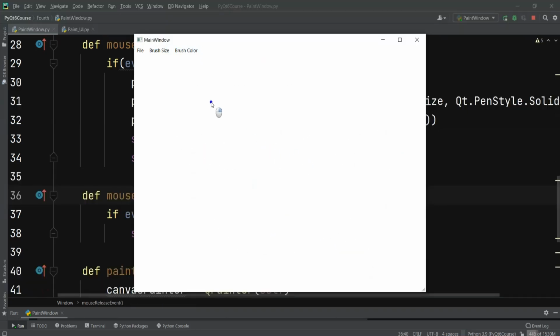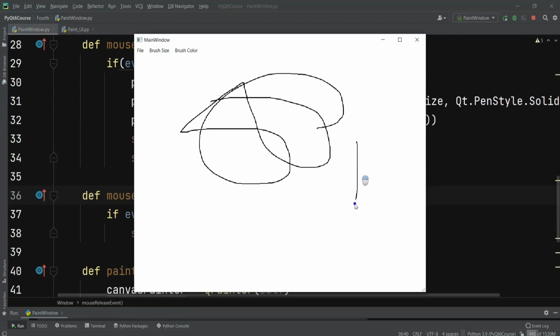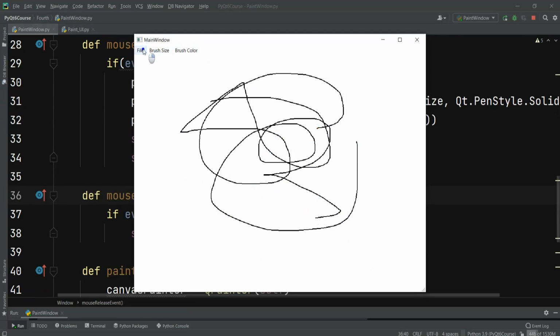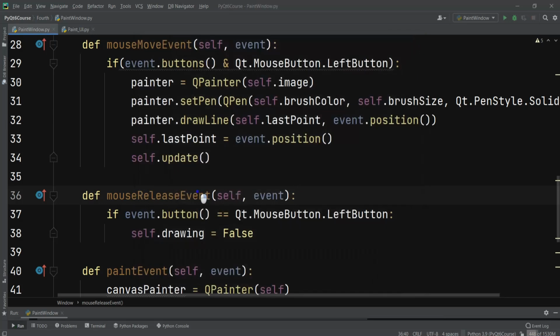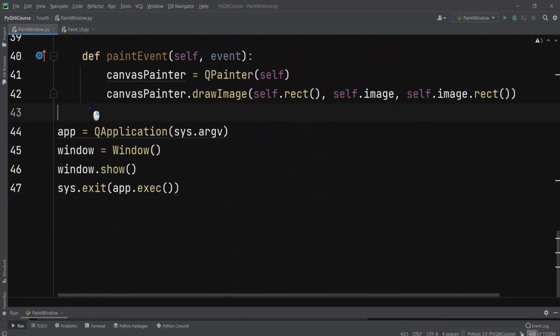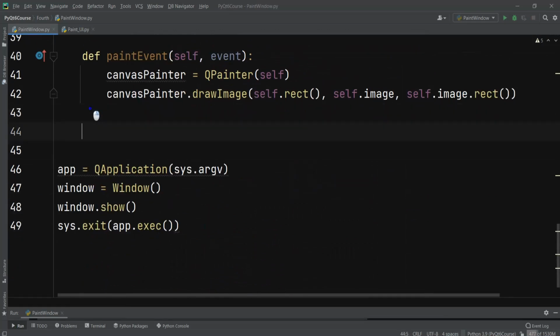In the previous lesson, we worked on the drawing section, and you can see we can draw. Now let's work on these menu items. So first we want to work on save and also clear. So for that, the first thing is that in here, I want to create my save method, and I can just say